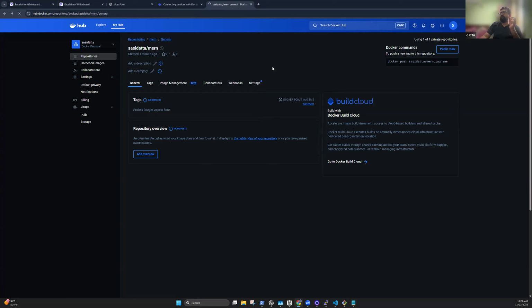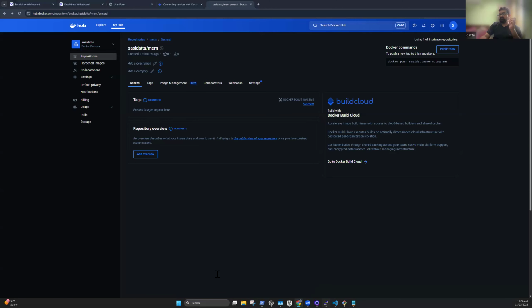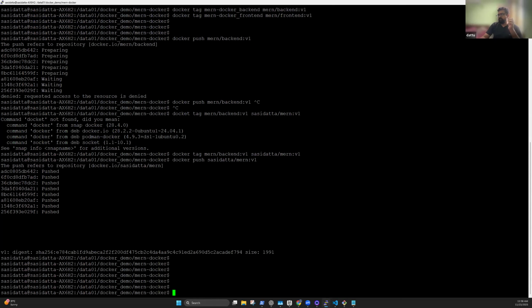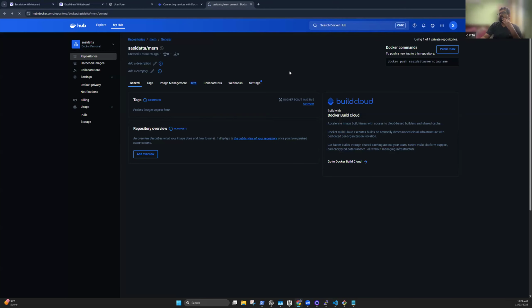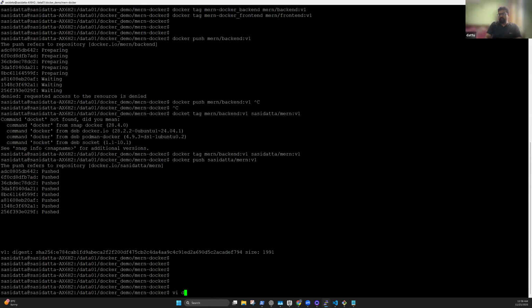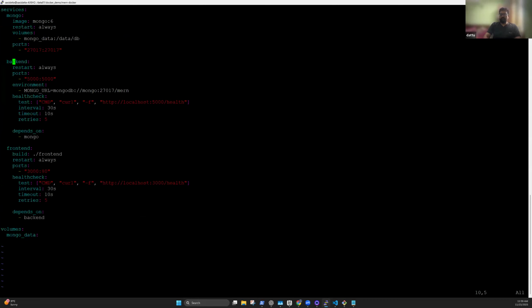I'll go and check if it got reloaded. I don't know. It's still, yeah, it pushed. So let me go and check. Yeah, so we have a v1. So wherever we want this particular image, basically we can go to compose. So instead of building, we can just specify